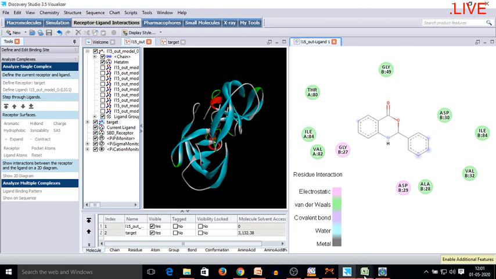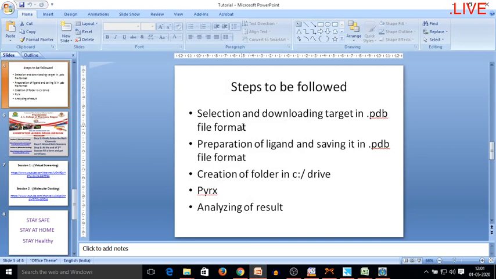So quickly again we are discussing the steps that we carried out today. We firstly selected a receptor, we downloaded the receptor in .pdb file. Next we prepared a ligand and then we saved it in a file format, that is .pdb file format.